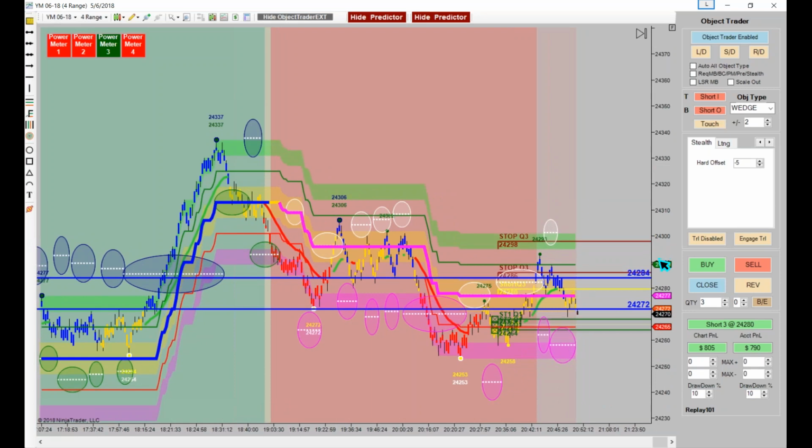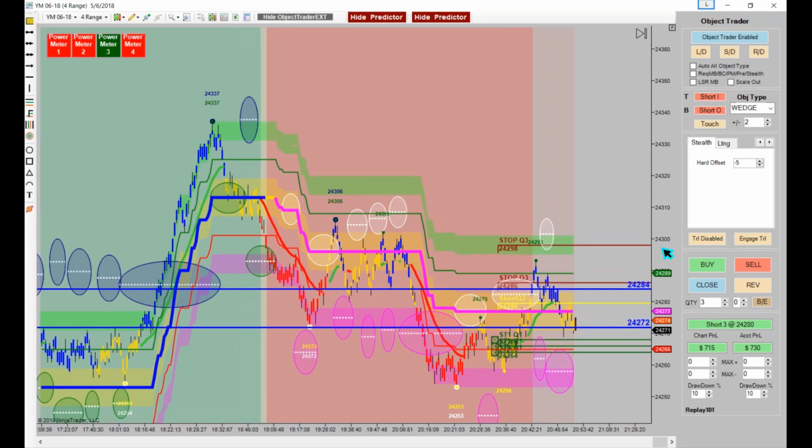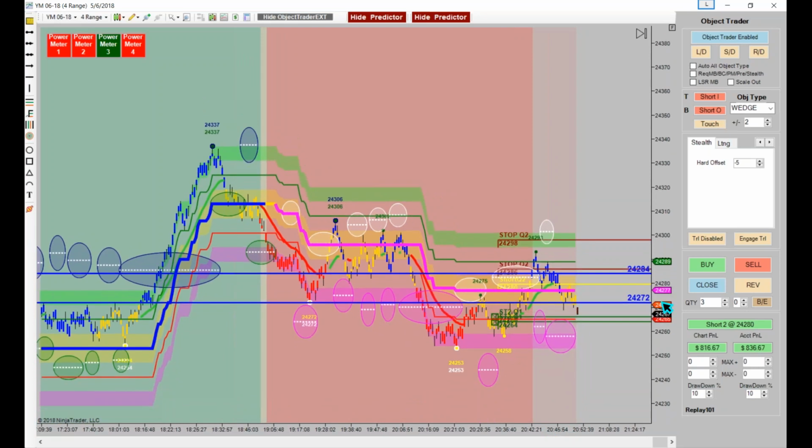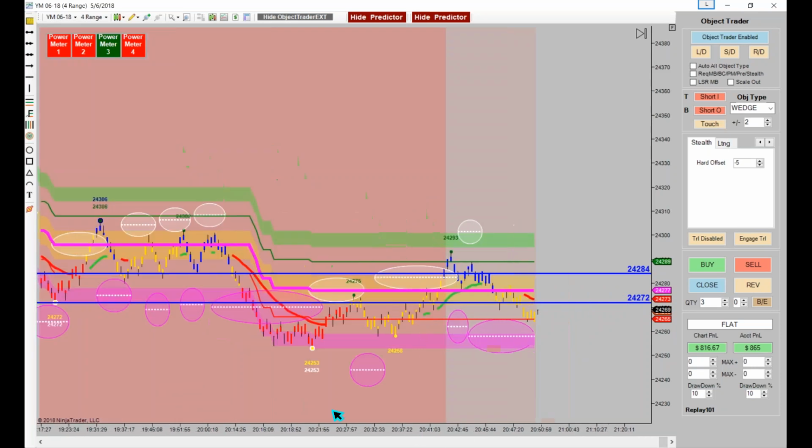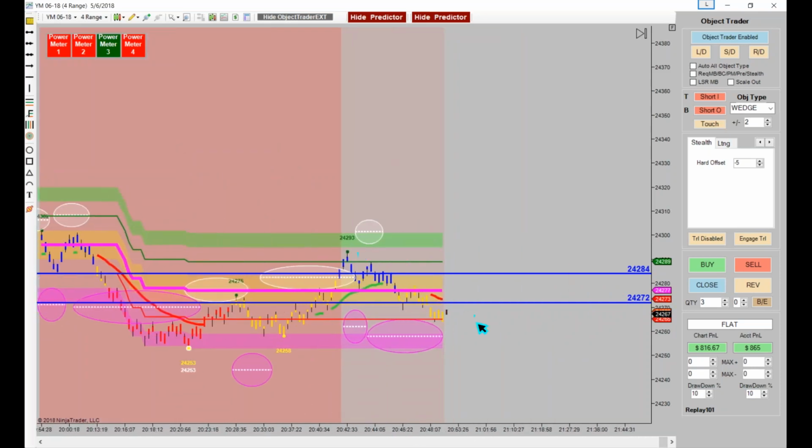And by the way, if you see this type of action, isn't this kind of like what we talk about boxing in also? So let me ask you a question. Does anybody see a wedge? We don't know if it'll fire, but you could draw two of them if you wanted to. You could draw it this way for long above, and you could draw it this way